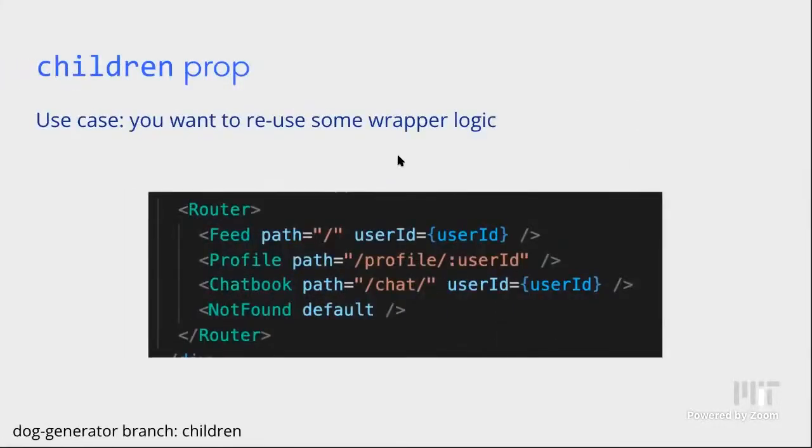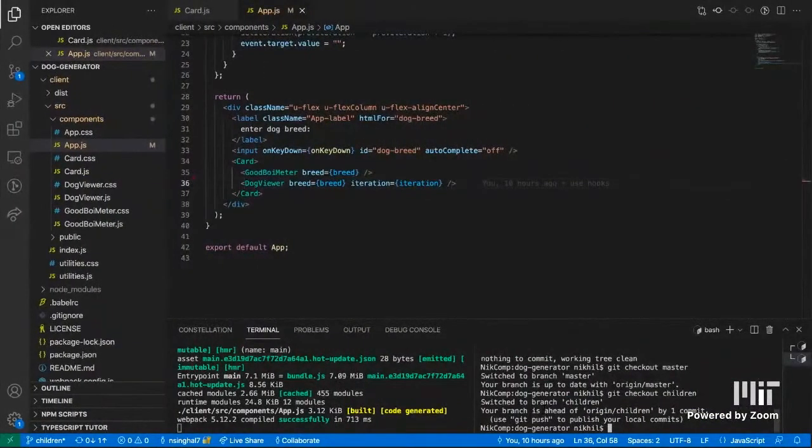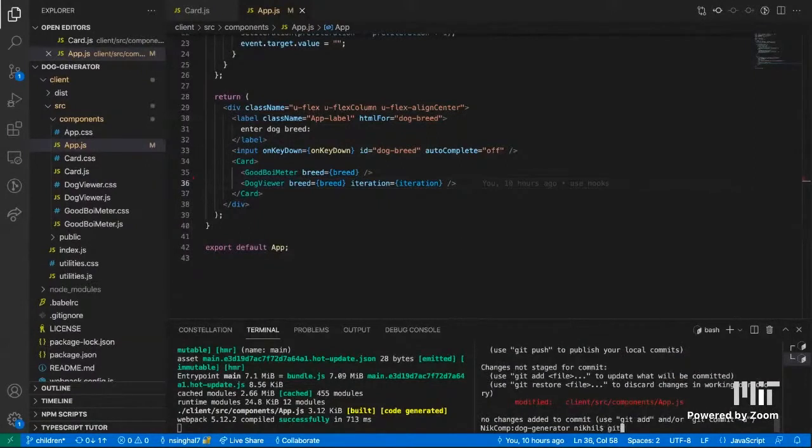You can use it to make things like the reach router that we've been using in this class. You can use it to just wrap up anything where you want sort of nested behavior or something surrounding. You can also use it to create what are known as higher order components, or in a sort of related sense. So if we take a look at some higher order components,